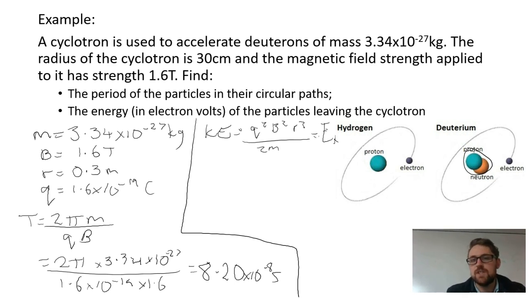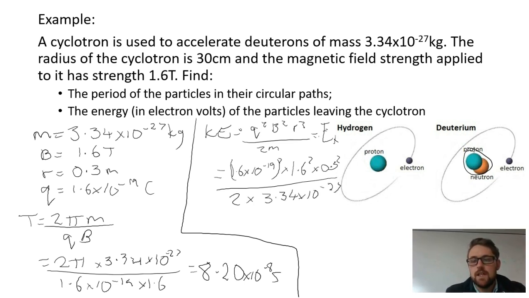That's also kinetic energy. So if we substitute in these points, we've got 1.6 by 10 to the negative 19 squared times 1.6 squared times 0.3 squared divided by 2 times the mass, 3.34 by 10 to the negative 27. And if we substitute this in our calculator again, we'll get 8.83 by 10 to the power of